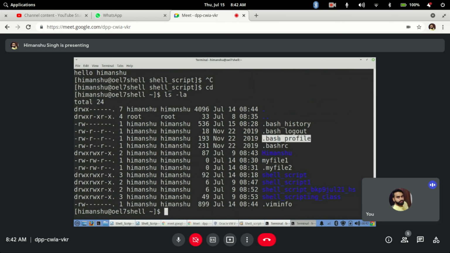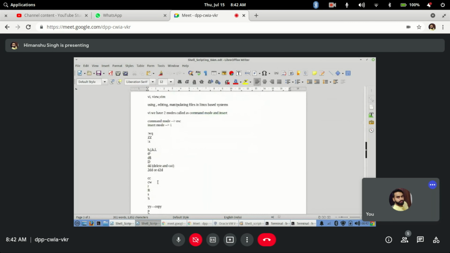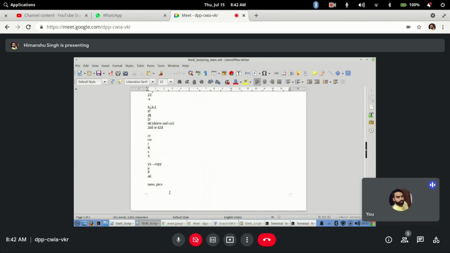So how to do that? Let's say if you do not see a .bash_profile, remember there will be a file .profile, only .profile, if there is no .bash_profile in the environment. Some environments might not have kept it.